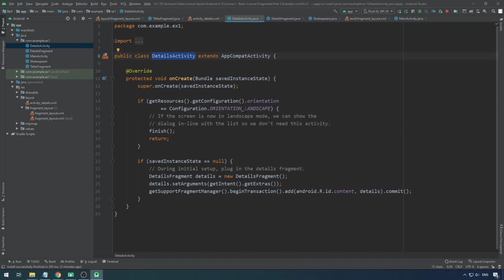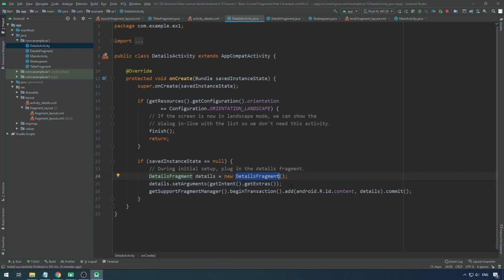So if it's not on the landscape mode, only then it will use the detail activity on the portrait mode, so that it creates a detail fragment, and the detail fragment creates its user interface dynamically, and